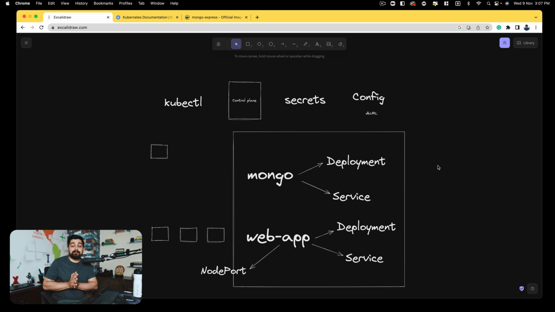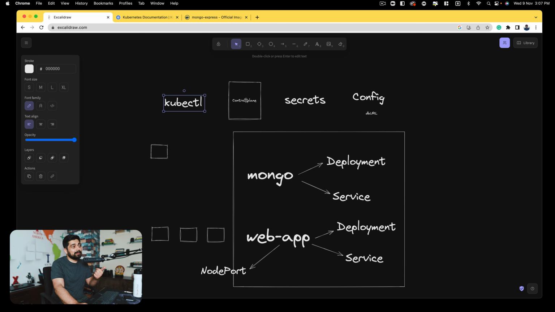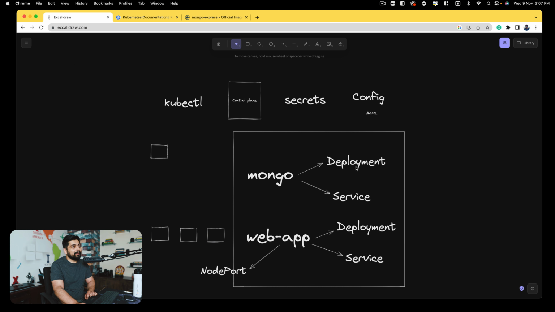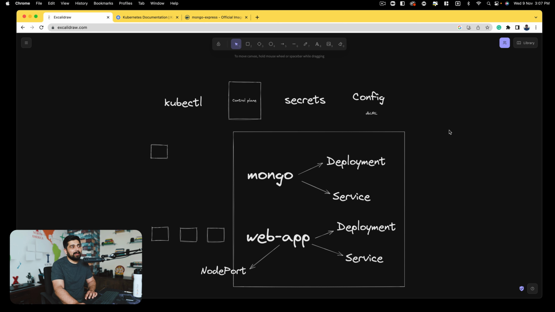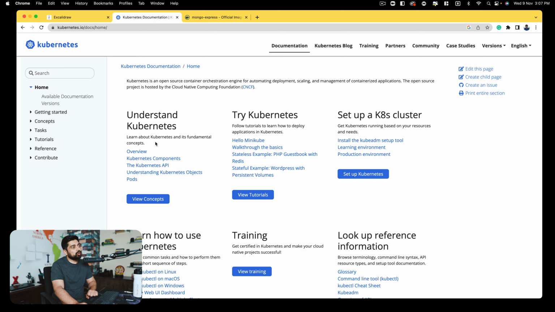So, quick summary before we get into the practical part. We have kubectl, which helps us to work with the control plane. The control plane is the mastermind, which helps us to interact with a lot of worker nodes. This is a big picture overview of the worker node. We can have a MongoDB deployment and service for one, and a web app deployment and service for another, plus some global variables so that secrets can be tagged. And we also saw that yes, we need to install Kubernetes, but we also need to install minikube to perform